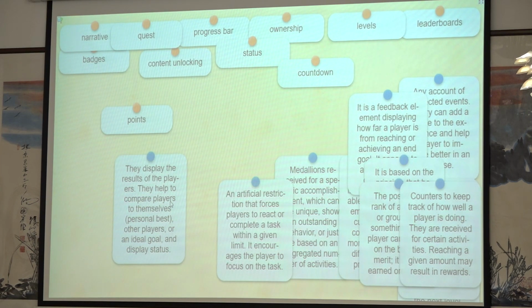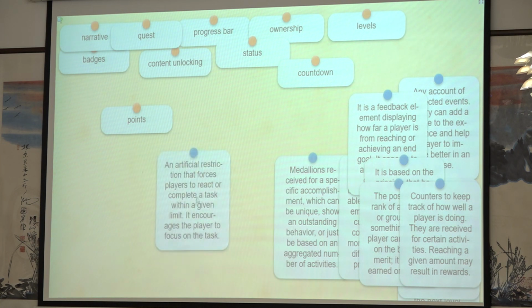Okay. They display the results of the players. They help to compare players to themselves. For example, show a personal best, or other players, or an ideal goal, and display status. What is this display? Leaderboards, yes, I can hear it very well, okay. An artificial restriction that forces player to react or complete a task within a limit. It encourages the player to focus on the task.